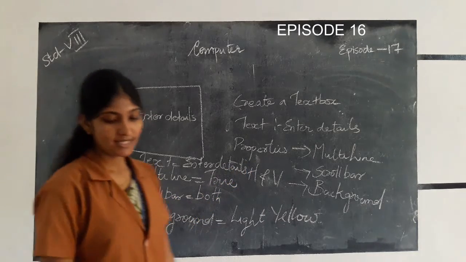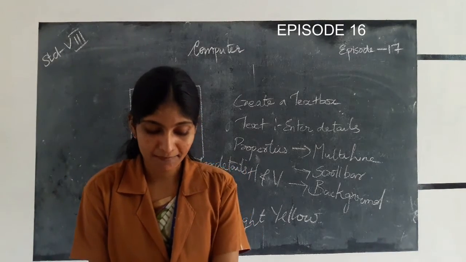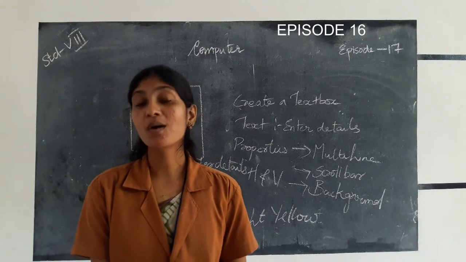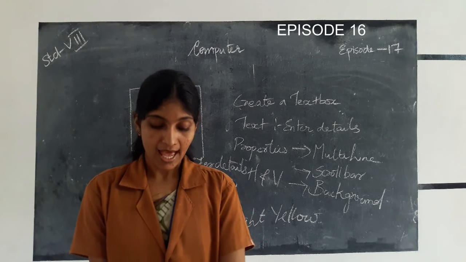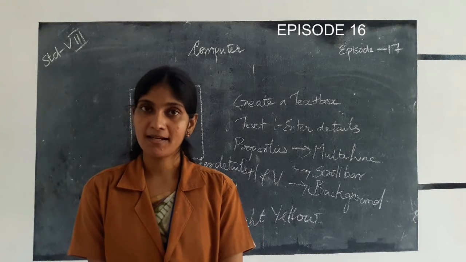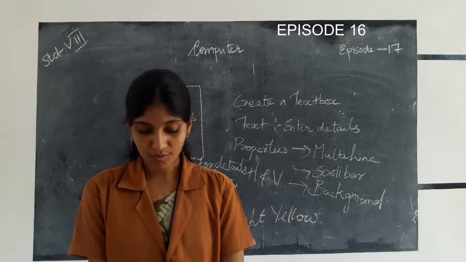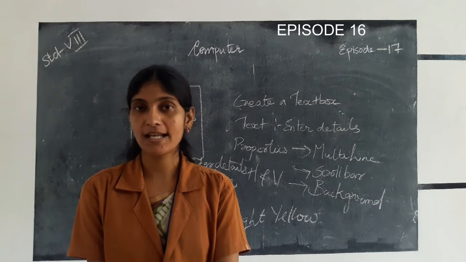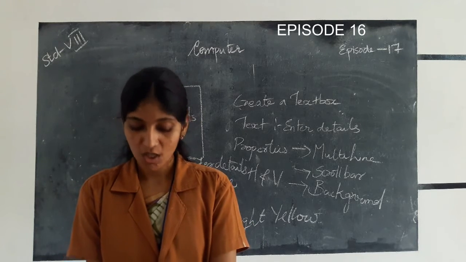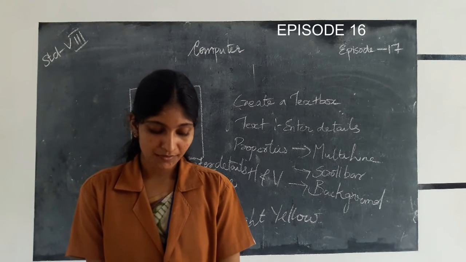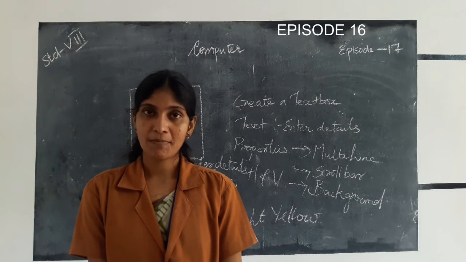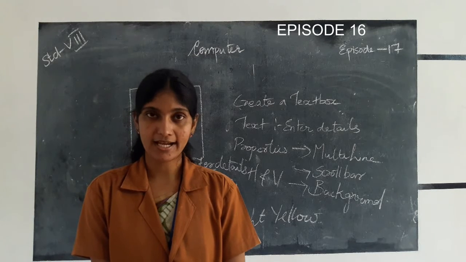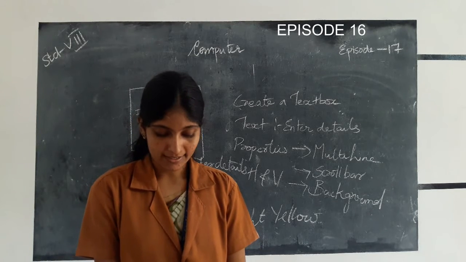So once again, the question here is define the properties to create a text box having the text Enter details. So we know the text is equal to Enter details. And you should be able to enter multiple lines. So multi-line equal to true. Then add both scroll bars. So both means horizontal and vertical. So scroll bar is equal to both. And then the background of it should be light yellow. So the background color is equal to light yellow from the palette. Select light yellow from a color palette.